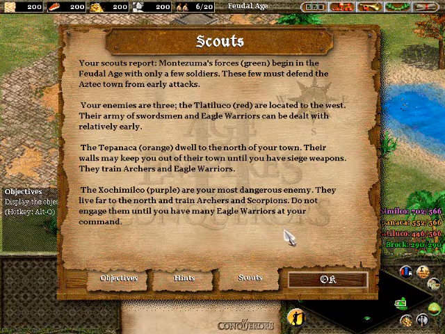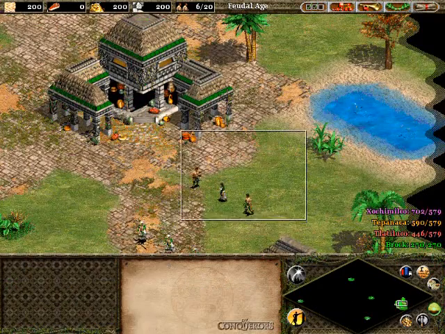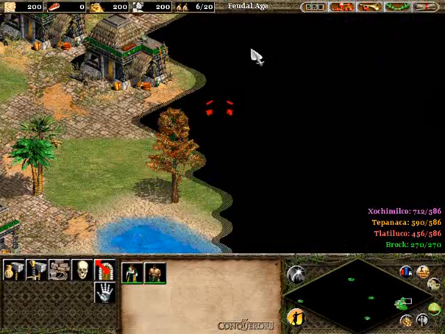And to defend against these guys, we're going to have to make castles of our own, and it's the most important thing that you get stone early on. So we're going to pump out 4 villagers right away. We're going to have 1 villager go up here and start building a wall. You have a bunch of turkey that you're going to want to...